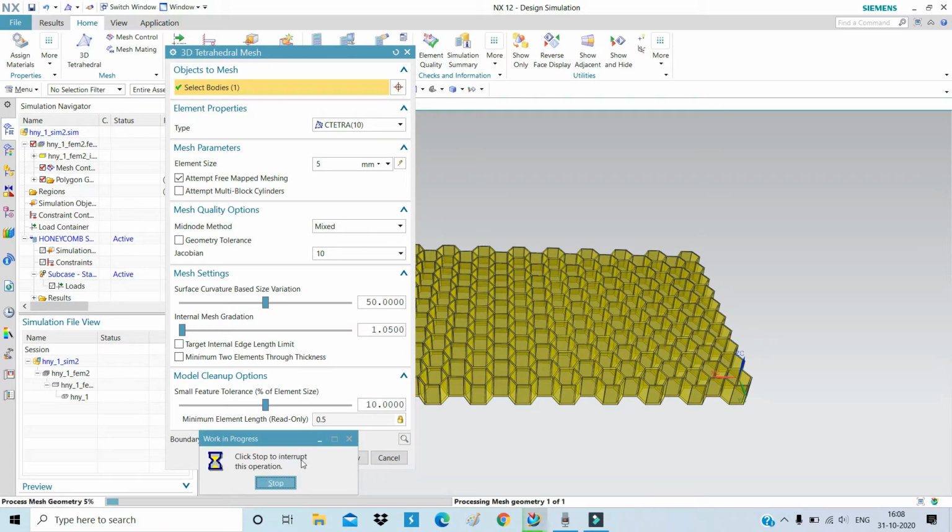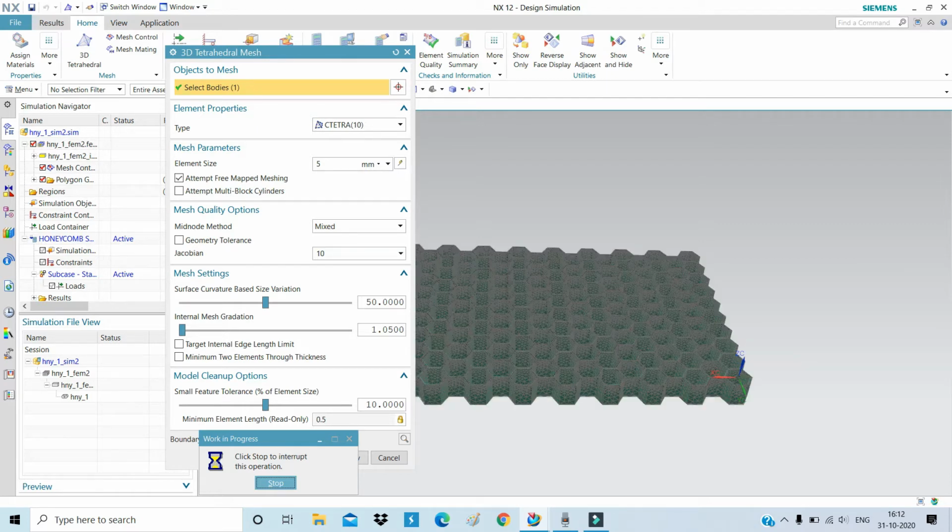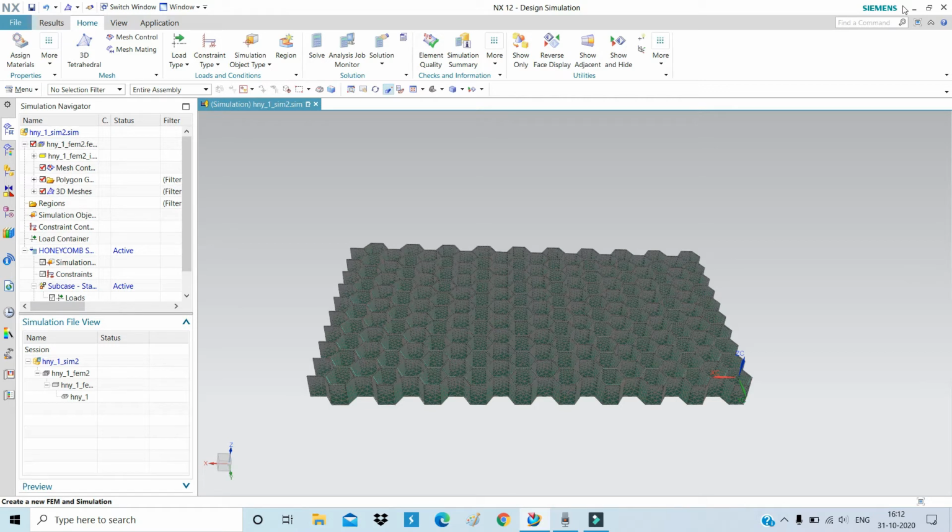We have to wait some time for meshing. Okay, our meshing is now completed.